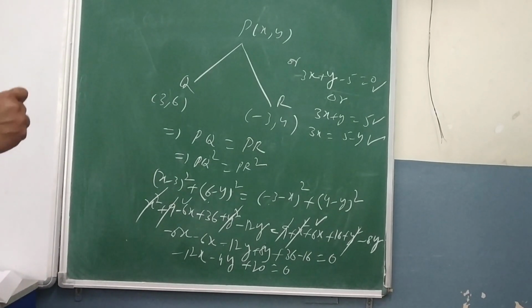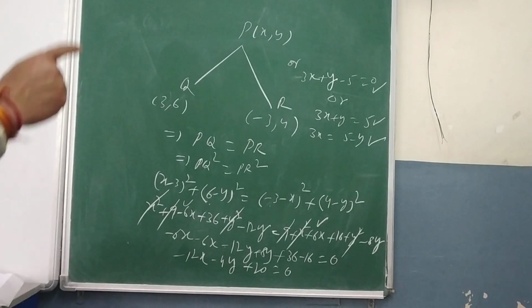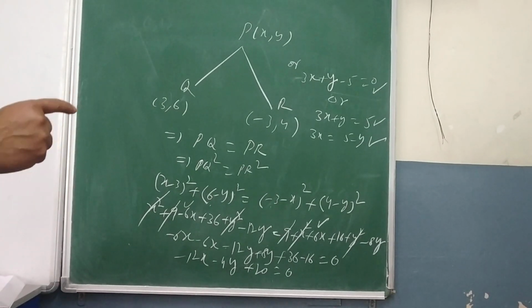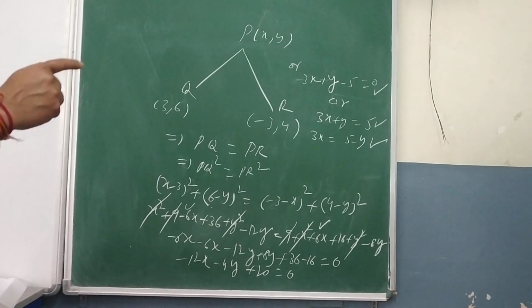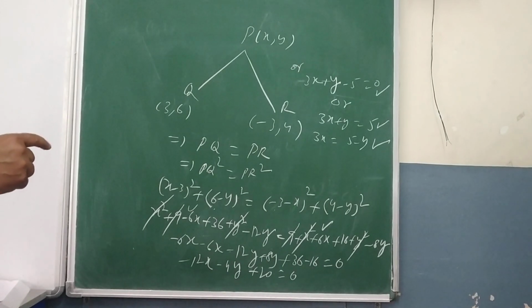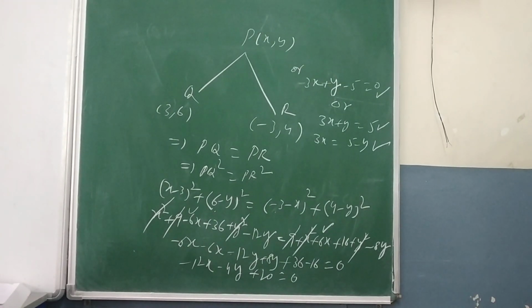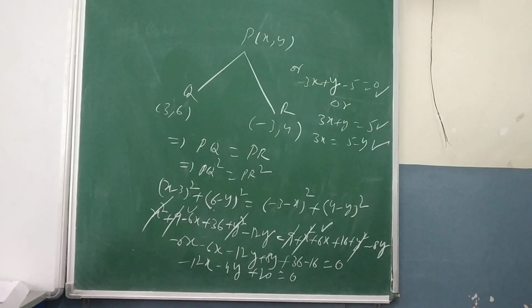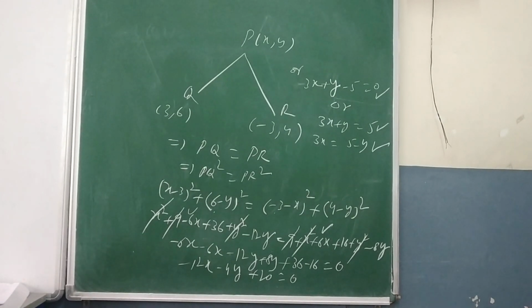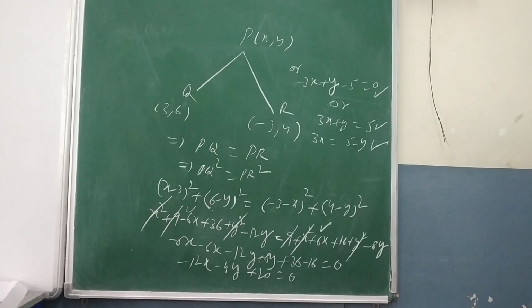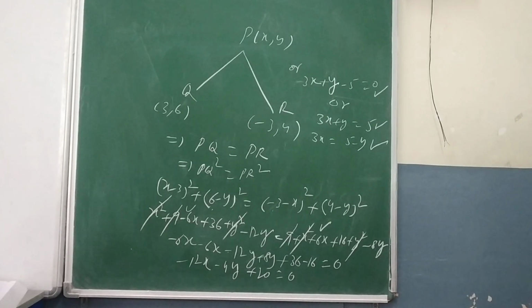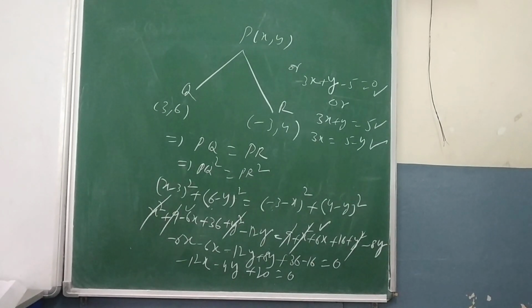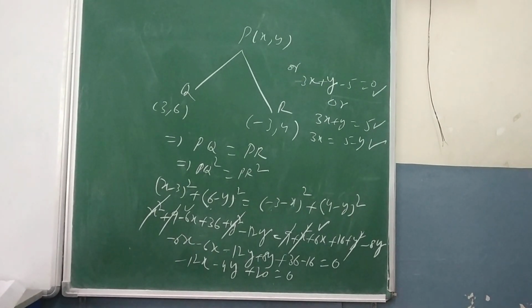So that's all about my talk with you for today, and question number 8 I left to you. Find the value of y for which the distance between the points is given as 10 units. That is again a part of the distance formula. I have added that question to your assignment also. Apply the distance formula and see what values of y you are getting for that. That's all about your exercise 7.1.